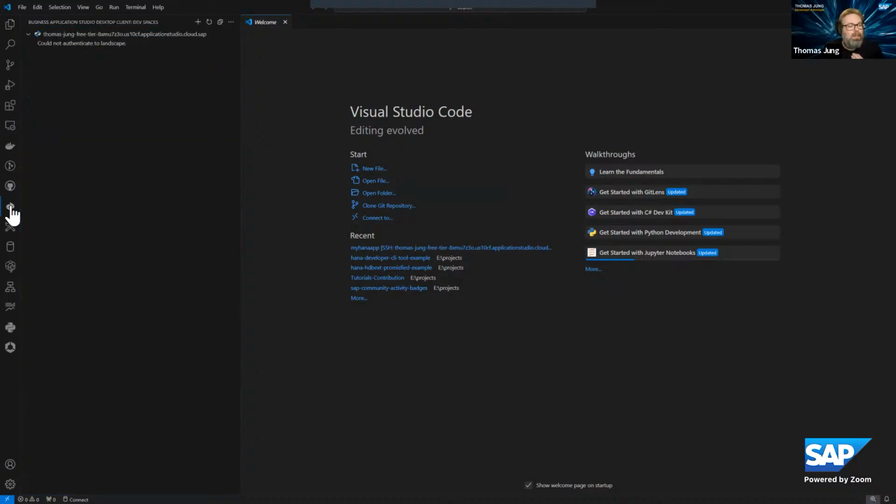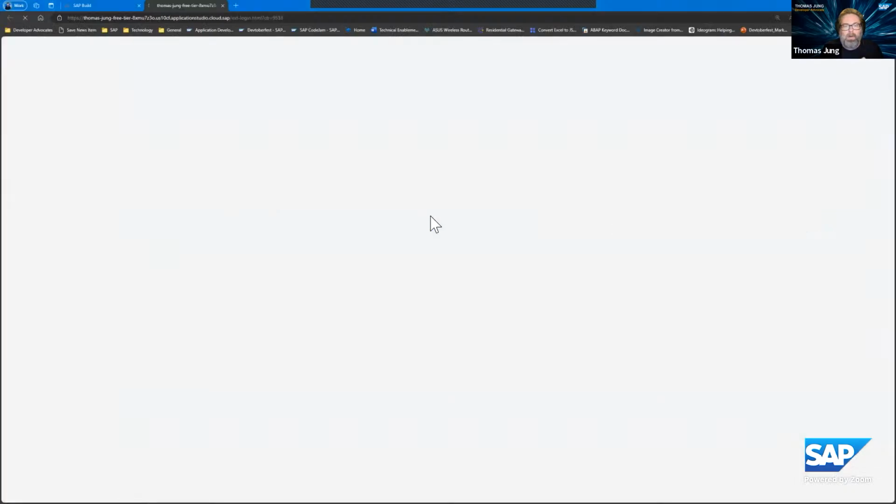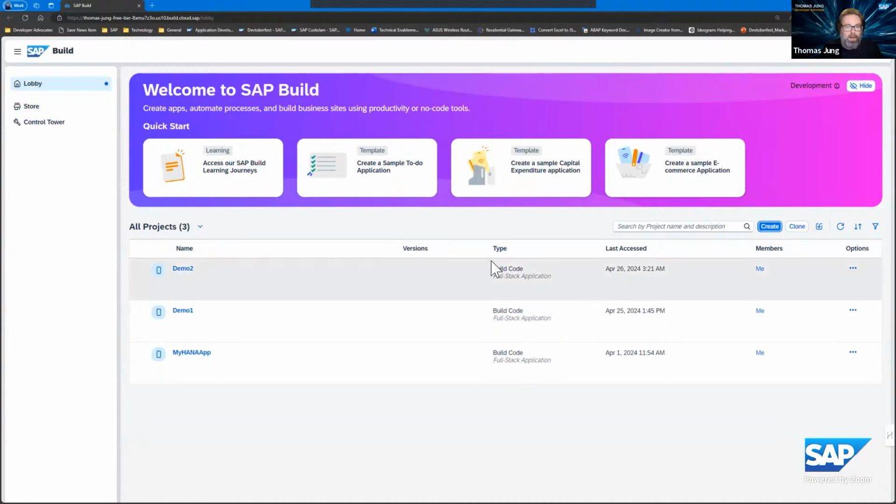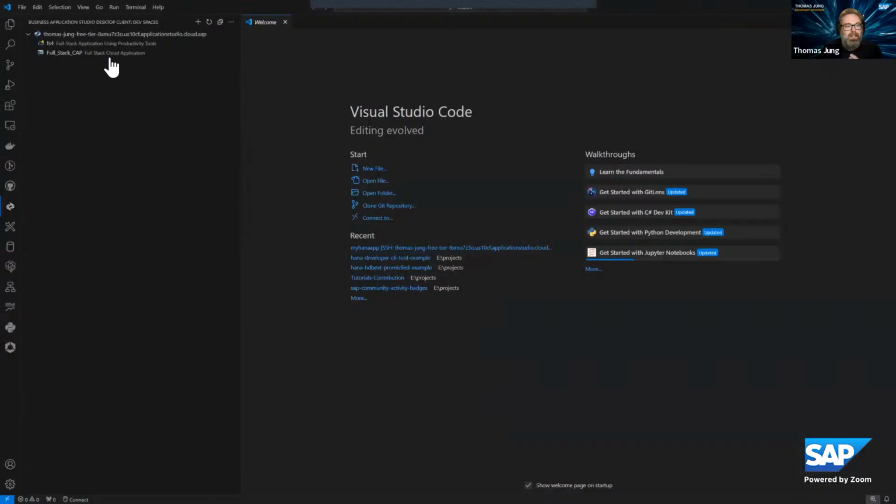So I can come here to Business Application Studio, and all I have to do is first log in. It's going to open a web browser to authenticate me. Yep, I'm logged in. And also, while we were talking, my application finished generating, and now you see my dev spaces. So I have two different dev spaces, but here's the full stack one that is my Build Code.